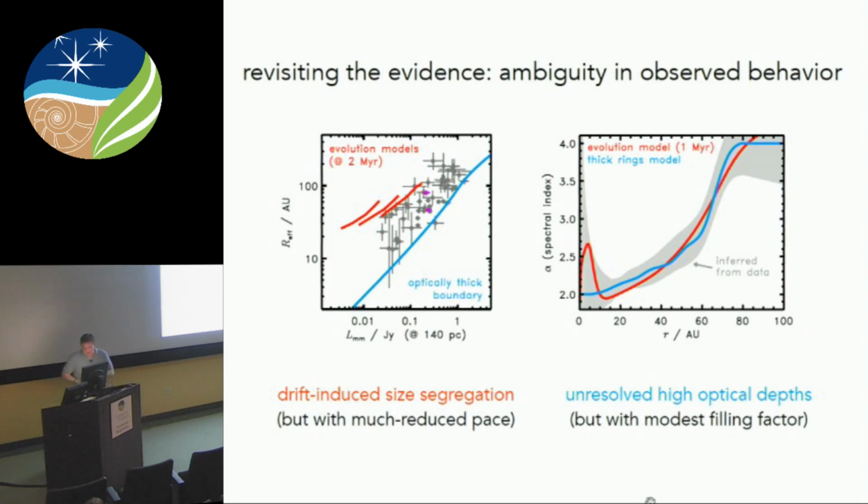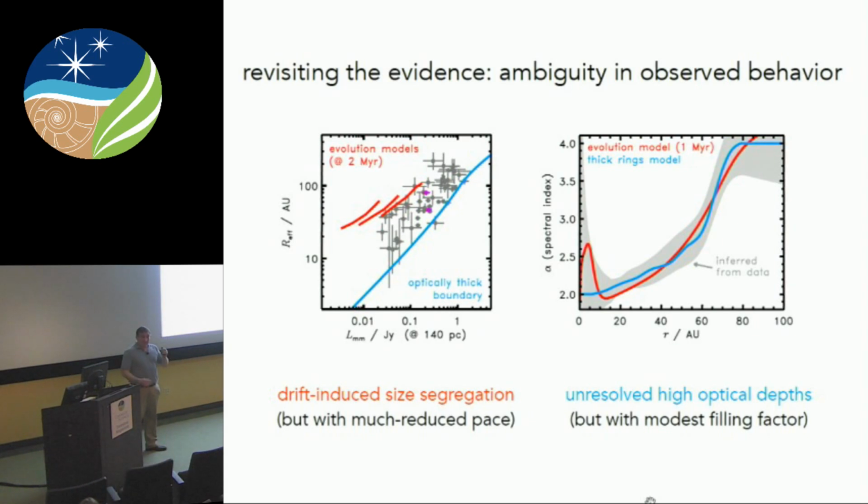So I'm again showing this size-luminosity relation. And here are these evolutionary models. But here's what the optically thick boundary would be, right? So part of this relationship is you shouldn't make things over here. Because once you're optically thick, if you just add more stuff, you won't get brighter. Right? You're just at the temperature that you're at. In fact, if you add too much more stuff, you could actually get colder because you're shielding stuff. But this is still off this correlation, but you don't actually have to be all optically thick.